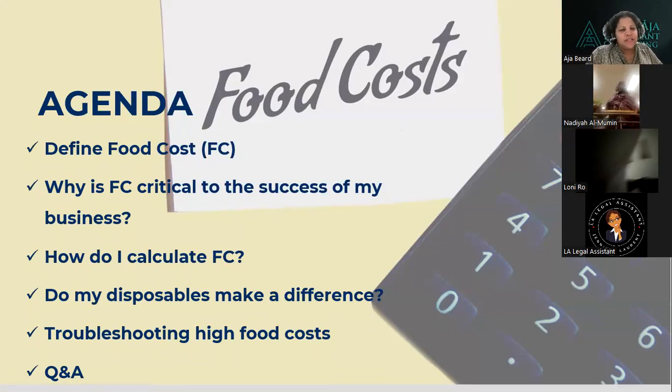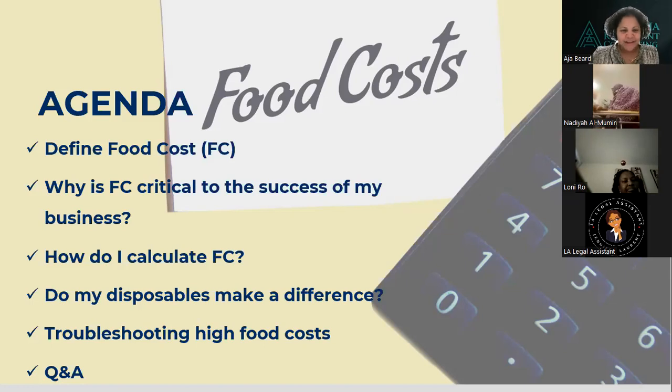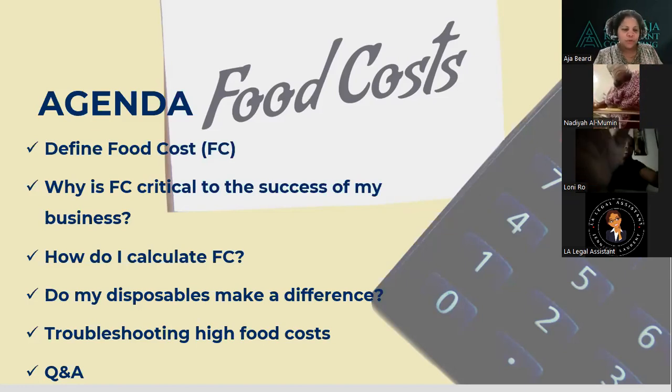So our agenda for today is, first, we're going to define it. Then we're going to share some examples on how critical it is to the success of your business. And I'm really big on numbers, so I'm going to give you some examples of how it impacts your business and then how you are going to calculate it. And this is something that you can do at home. If you are comfortable with Excel, you can do it in Excel, but I'll also give you some guidance on where you can find the templates that you need in order to do this with some additional support.